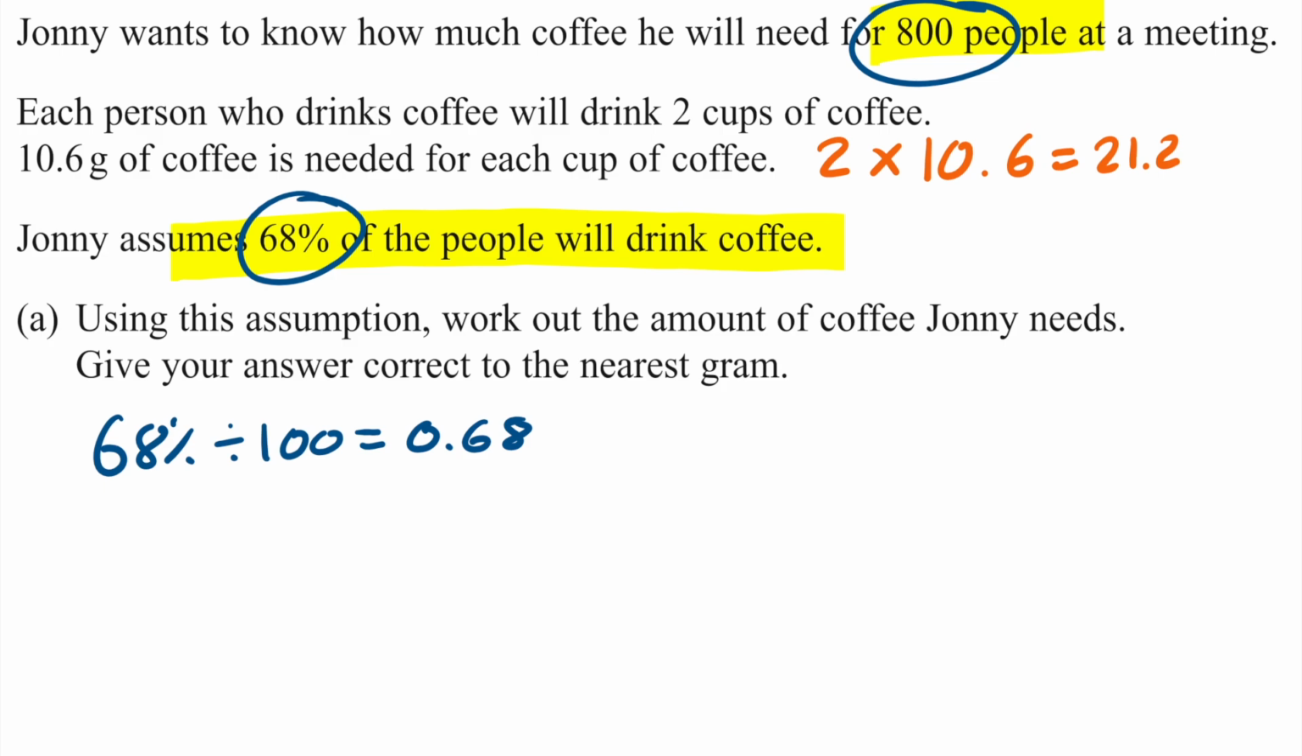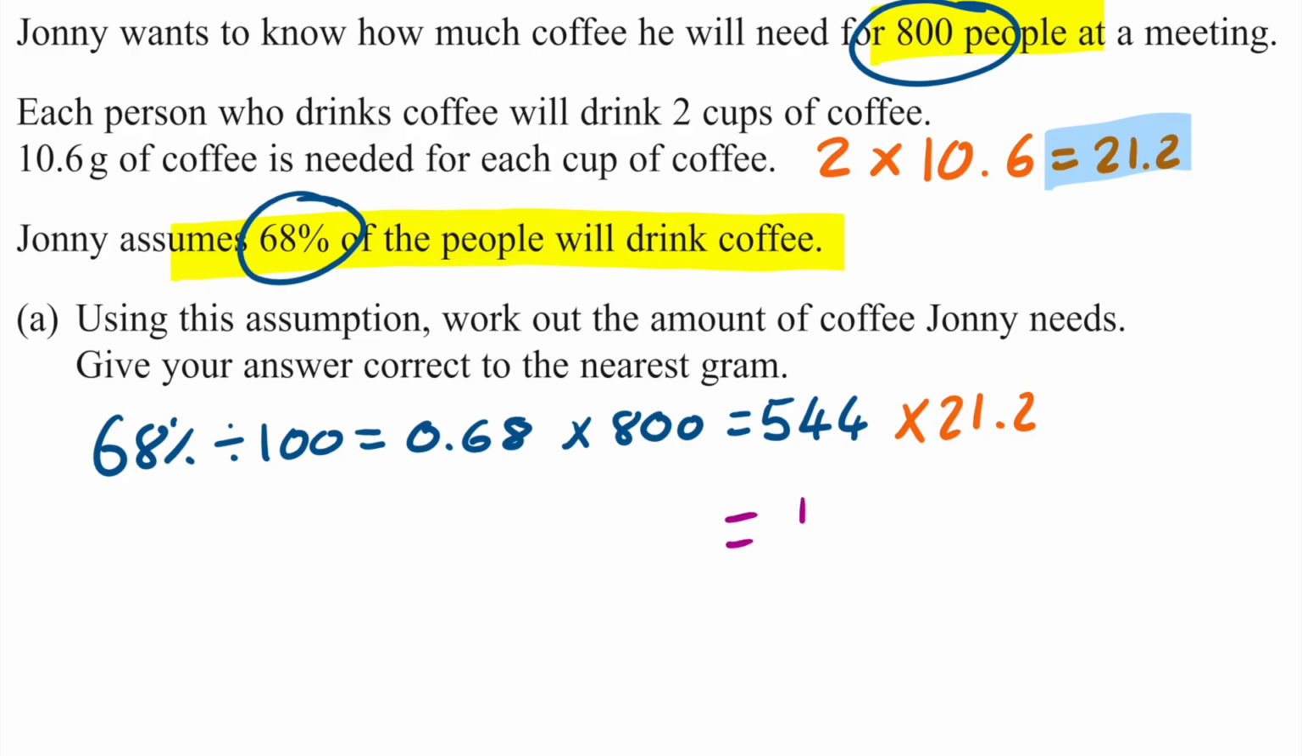and 68 divided by 100 gives you 0.68. We're looking for 68% of 800, so you're then going to multiply that by 800, which gives you 544. So 544 people are going to have coffee. Each of these 544 people are going to use 21.2 grams of coffee, so we're then going to multiply that by 21.2. When we do that, we then get